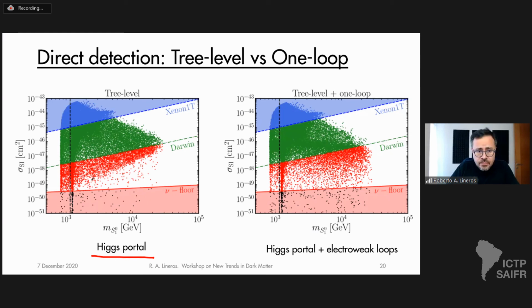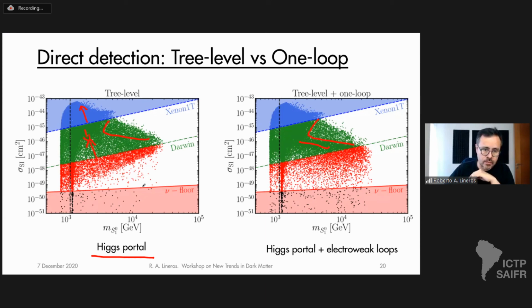That basically the scan in the parametric space doesn't change too much if we consider one loop or tree level. You can just see that here there are some points that tend to disappear to reallocate in this range from the other side. But here you can see the potentiality to be observed in direct detection experiments. For instance, all this part that is below this line should be already observed with XENON 1T, but the green points are very interesting, because when DARWIN starts to take data, this is a model that could be explored in this scenario.